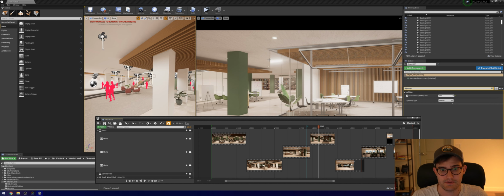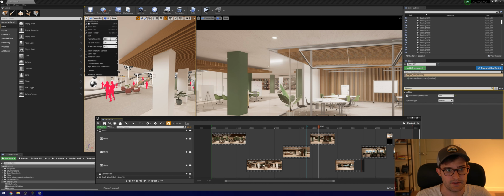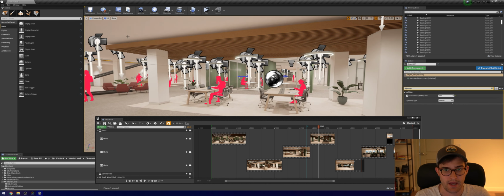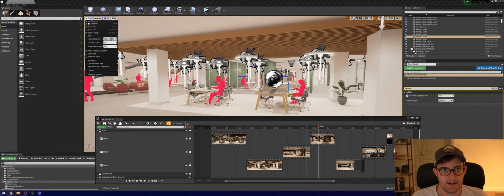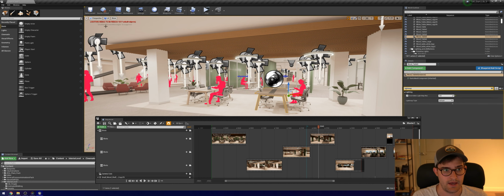Now, I keep talking about generating your lighting. One thing you'll notice is in the upper left-hand corner of my viewport, it says that lighting needs to be rebuilt. Every single time I add something into the scene, that message is going to come back and show itself. So you can see here, if I were to move this column or move anything within the scene, say this table,